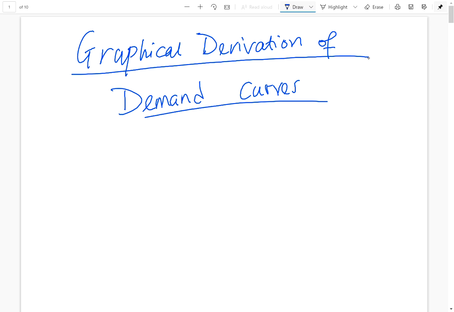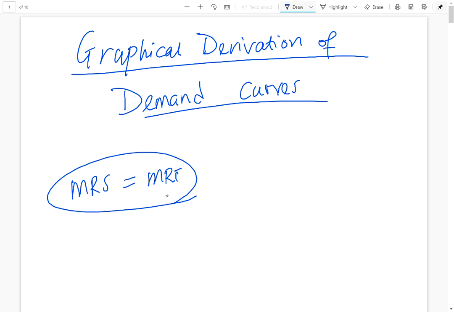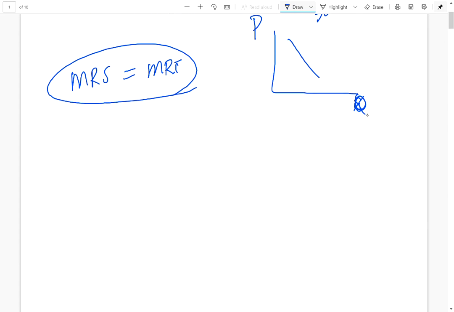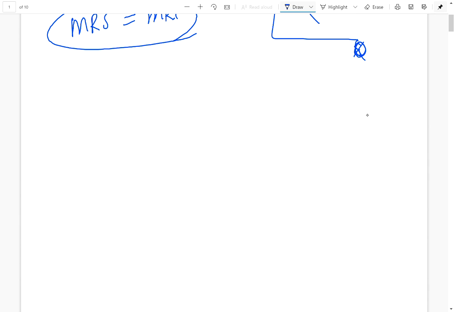functions given the consumption optimality condition, where MRS is equal to MRT. If you want more information on that, watch those videos. In this one, we want to see how to derive that demand curve that we're used to, P and X or Q, really, quantity, and for a particular good. In this case, for good X. So let's get started. So coming in, we know that, we should know, and if you don't, that's okay, now you do. A change